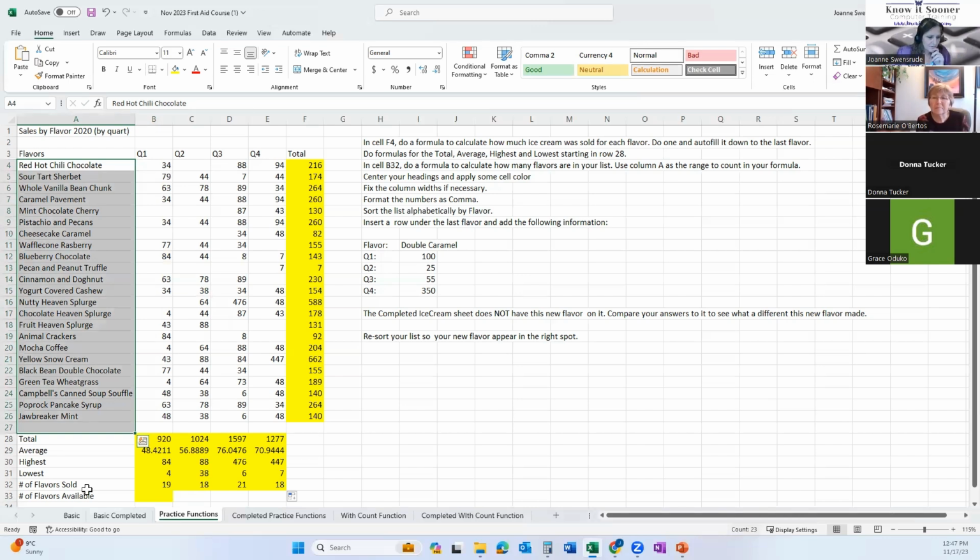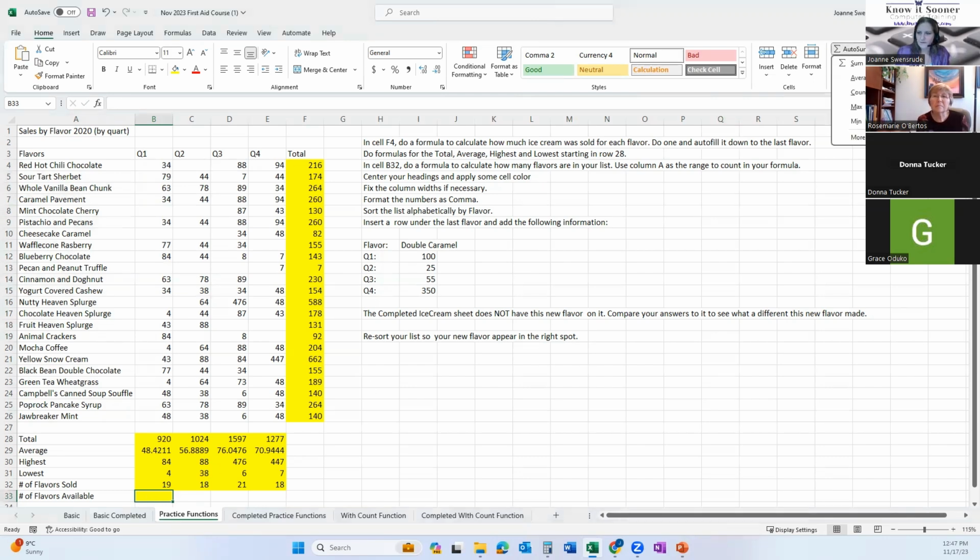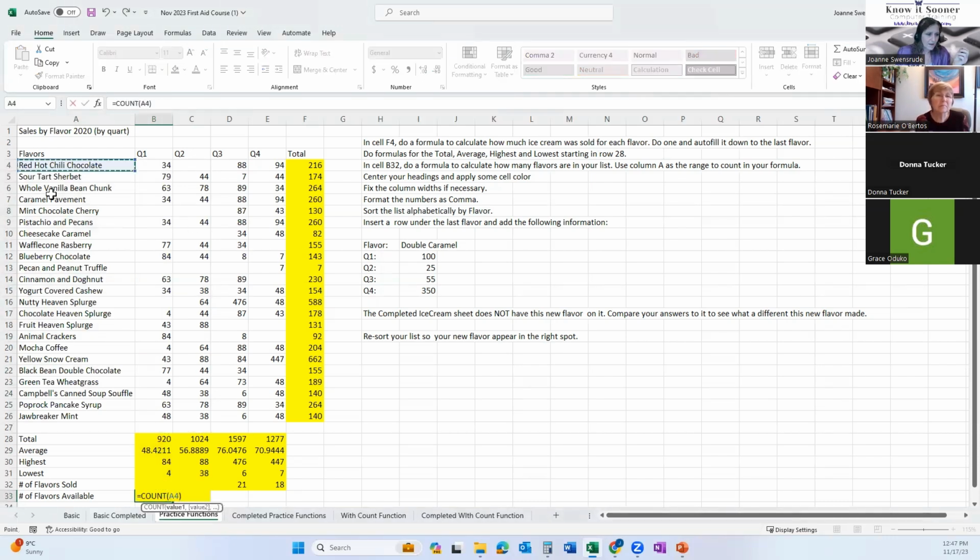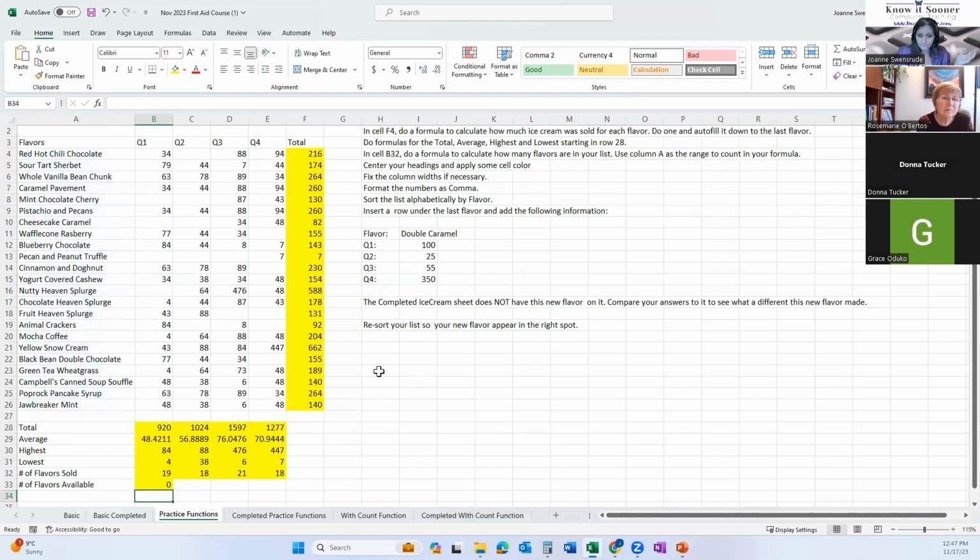Yay, it works. So we would want just one number here. Notice that my yellow is not going all the way across, just one little number here. I want to know how many I count. So how many are available? I'm going to click where I want it to go. I'm going to go to AutoSum. Beside AutoSum, I'm going to go count again because I'm doing a count, aren't I? And I'm going to drag, drag, drag. And it should give me 23, right? It gave me 0. Stupid computer, it doesn't know how to count.